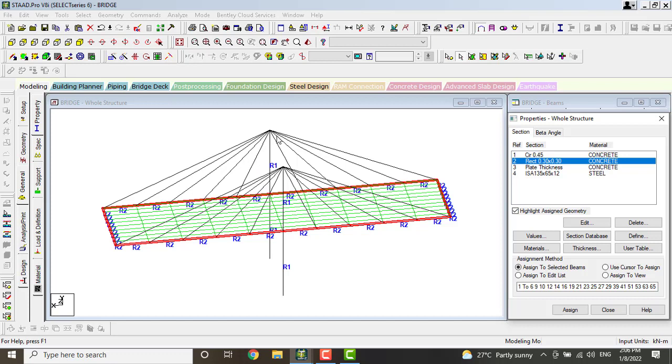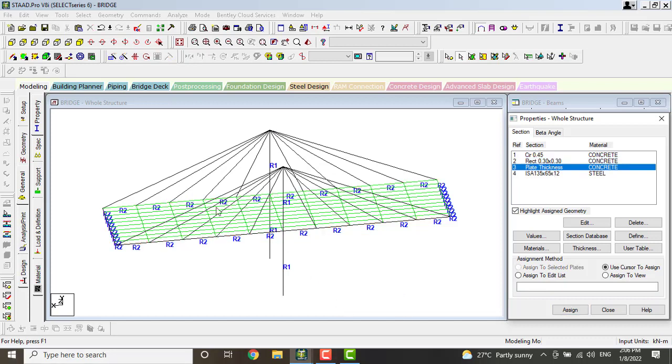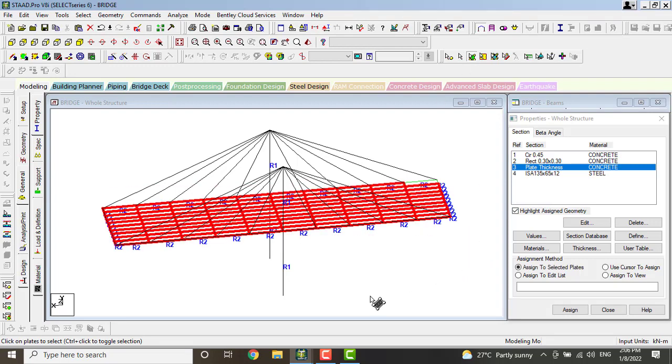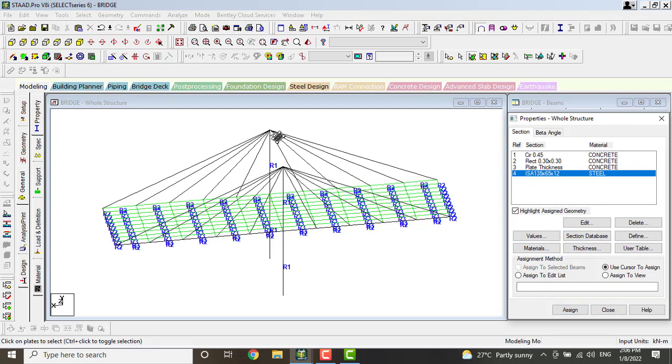Next you have to select the cables. Next, we have to give the plate thickness. Go to plate cursor and select the plate. Assign to selected plates. Assign. Okay. Next is for cables. Just select the cables.